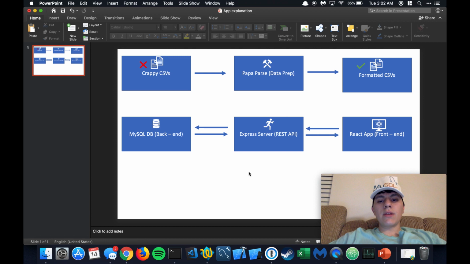And then sitting in the middle, we're going to have our Express server, and what this essentially is a REST API. So our front end is going to need some data in order to actually render all those nice lists and actually show some type of